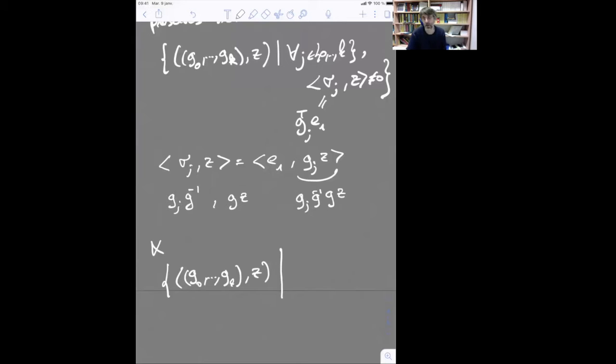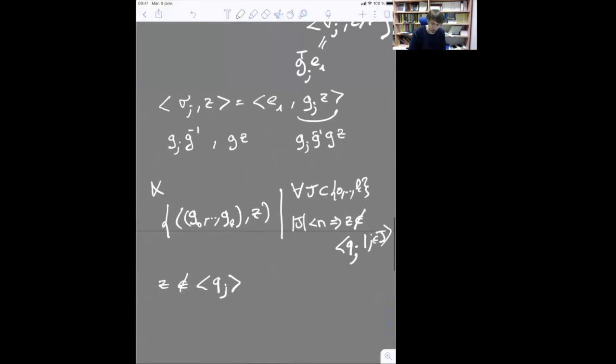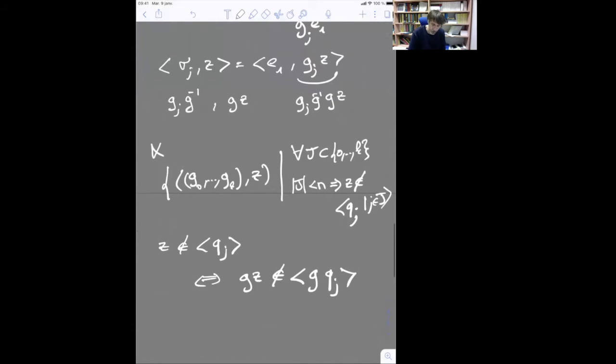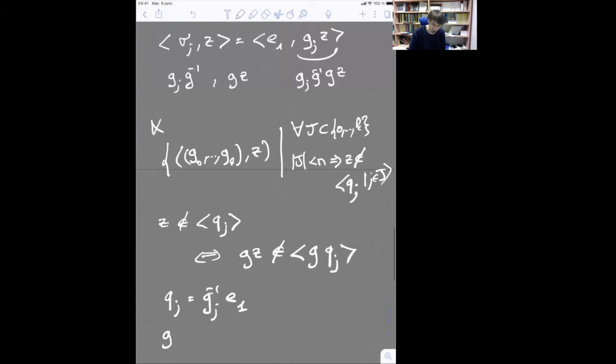Again, you have a point in EG times Cn, and you ask that for any subset J of the indices from 0 to k, if J has less than n elements, then Z does not belong to the subspace spanned by the Qj, where j belongs to J. So again, Z does not belong to the span of the Qj is equivalent to GZ does not belong to GQj, and recall that Qj is Gj minus 1 E1, so that GQj is equal to